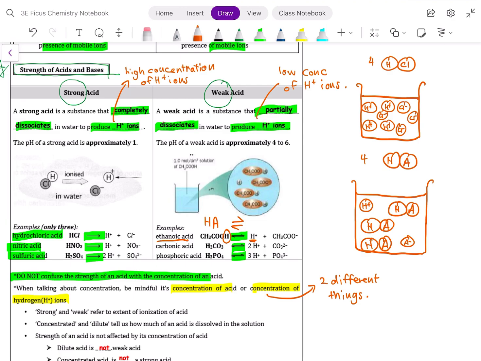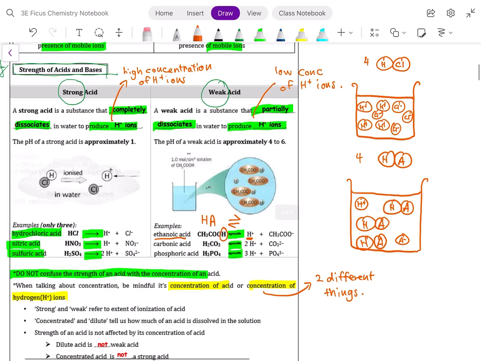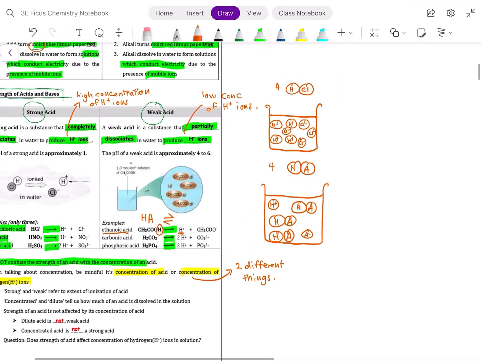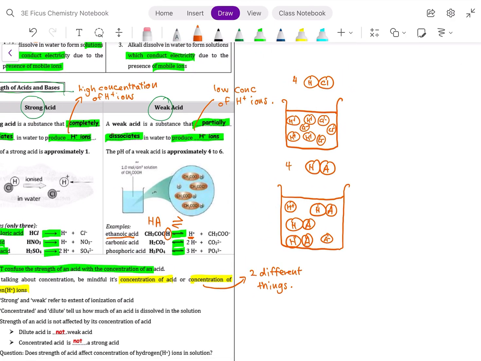The numbers are really blown out a bit. If I blow it out a bit, it's like I put in 1,000 molecules of HCl, all 1,000 will dissociate. But if I put in 1,000 molecules of the ethanoic acid, only 4 will dissociate. That's literally how low the number is. So when I look at it together with the concentration of the acid,